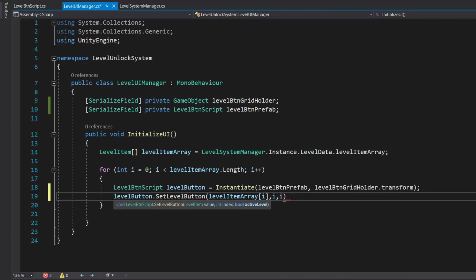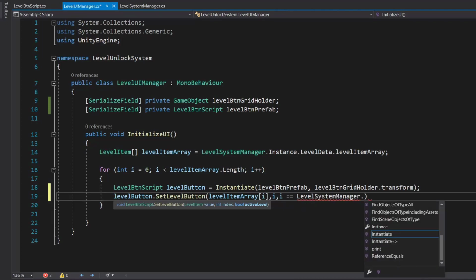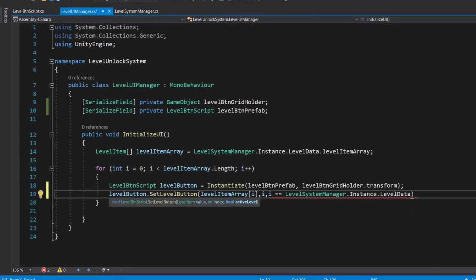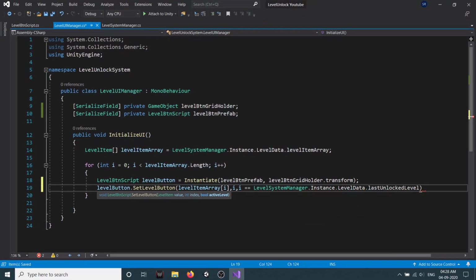So here we have to check if i is equal to our level system manager.instance.levelData.lastUnlockLevel. Okay, so if i is same as this last unlock level, then we will send true, else we will send false.